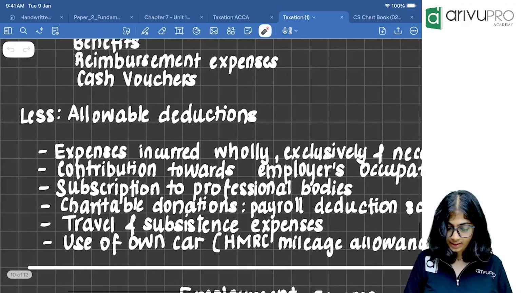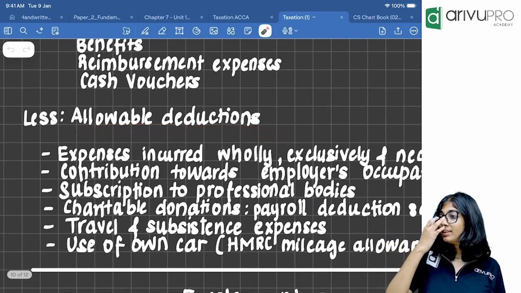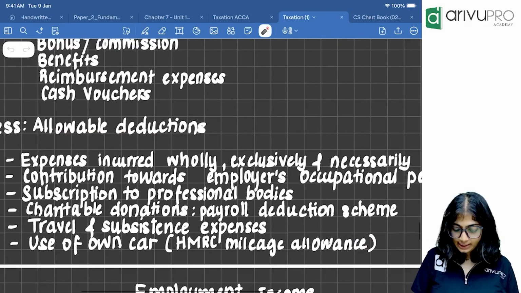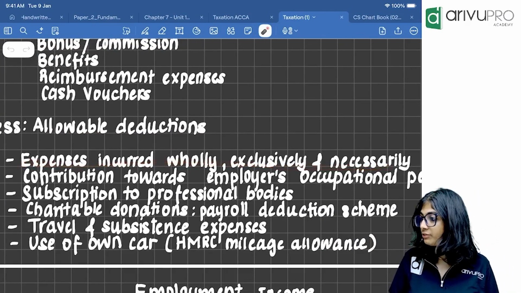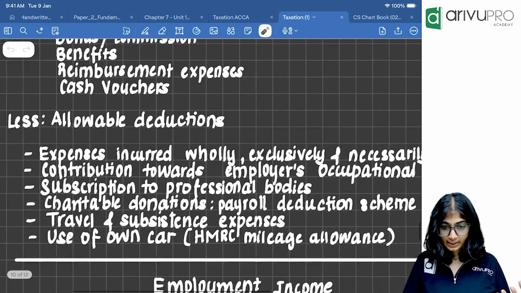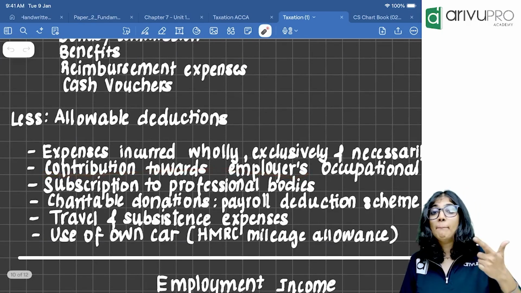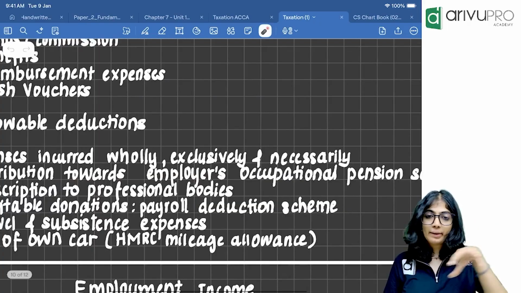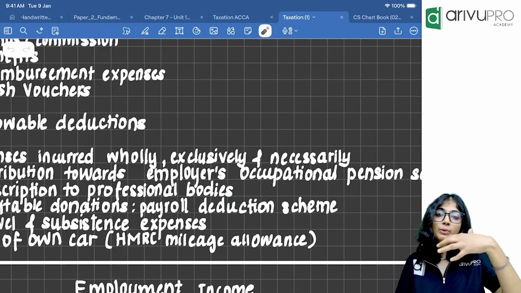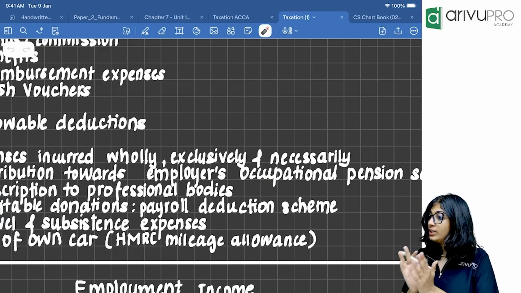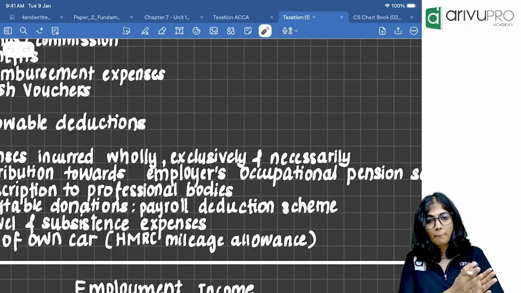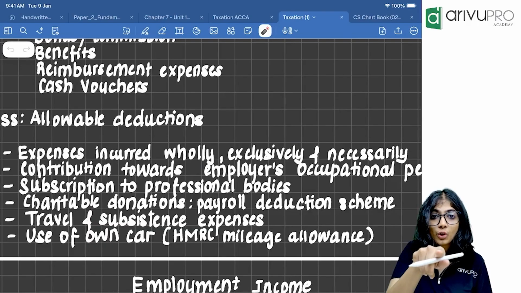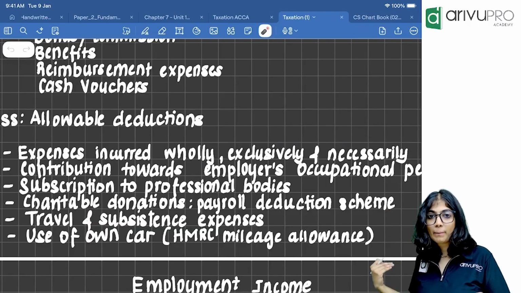Then we have those deductions that can be subtracted from your employment income. The first one is expenses incurred wholly, exclusively, and necessarily in the performance of duties. Then, contribution towards the employer's occupational pension scheme. We had looked at the two types of pension schemes, occupational and personal. In the pension chapter, we looked in more detail at how to actually calculate pension and the difference between occupational and personal pension. What you need to know is that anything you contribute towards the employer's occupational pension scheme